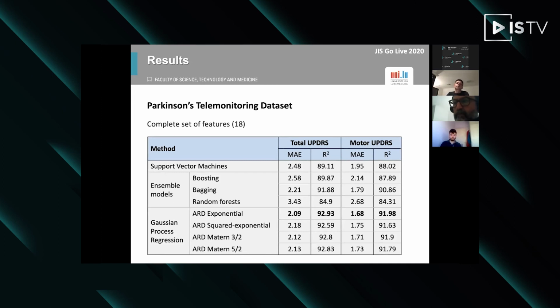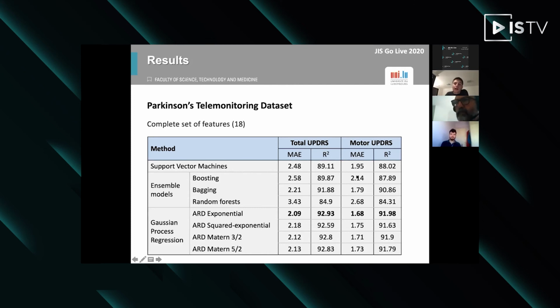So the second task was estimating the stage of the disease using the total UPDRS scale and motor UPDRS scale. And we were performing this on the Parkinson telemonitoring dataset with a complete set of 18 features, 16 dysphonia features, plus age and gender. And for measuring the performance, we were using mean absolute error, which actually gives the absolute value of the error. And for the total UPDRS scale, we have a scale from 0 to 176, where 0 means no disorder, and the maximum number means the highest disorder. So we can see that an error of 2 on the scale from 0 to 176 is